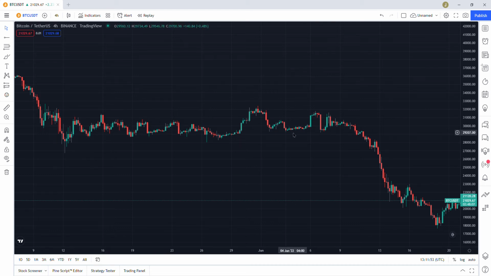And I assume that you guys already understand what support and resistance are, your demand and supply zone as well, because that comprises your support and resistance. So if you still don't understand what support and resistance is, I will still do a consecutive